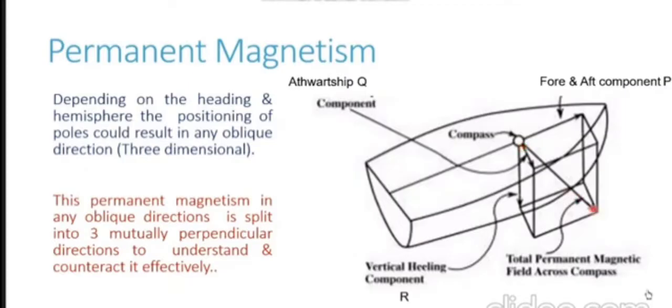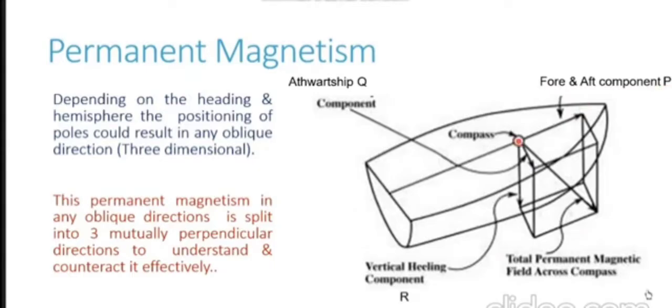So this vector represents the permanent magnetism of the ship. Now to counter, rectify, or correct this permanent magnetism, which is in an oblique direction, we split this oblique vector into three mutually perpendicular directions. One of the components is in the fore and aft direction. This is known as the fore and aft component of the ship's permanent magnetism,